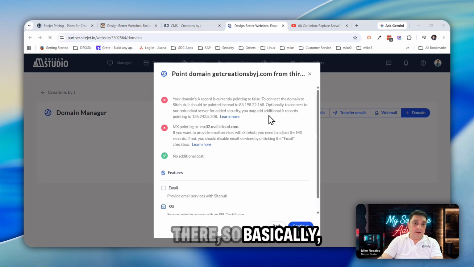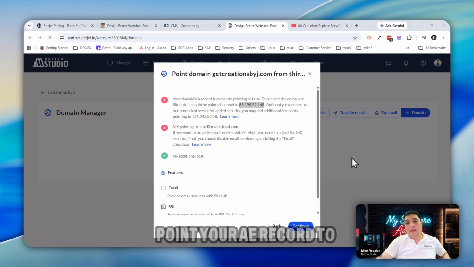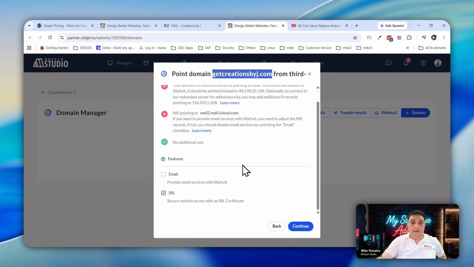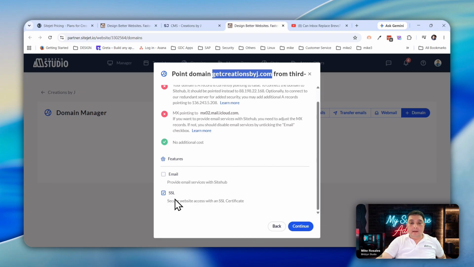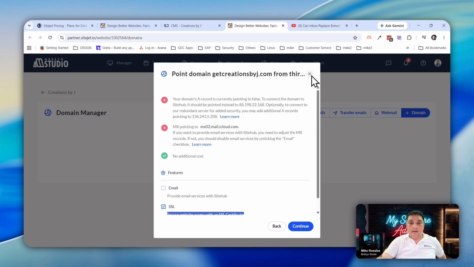So basically you need to use your DNS manager to point your A record to theirs of the main site of this root domain, and you can also actually provide email services with the site hub. They automatically generate you with an SSL certificate. So yeah,